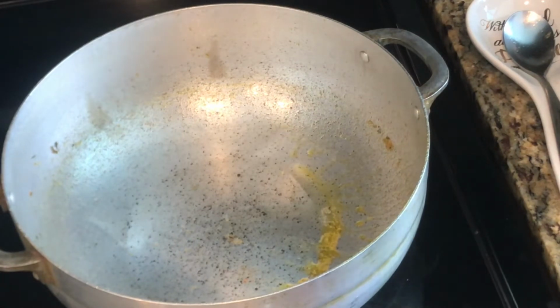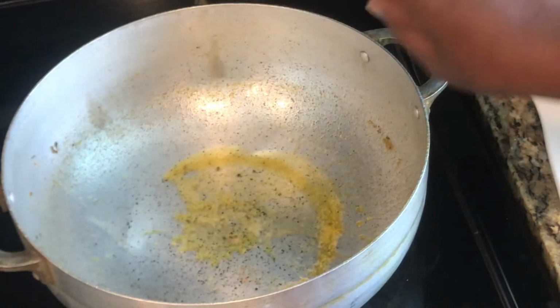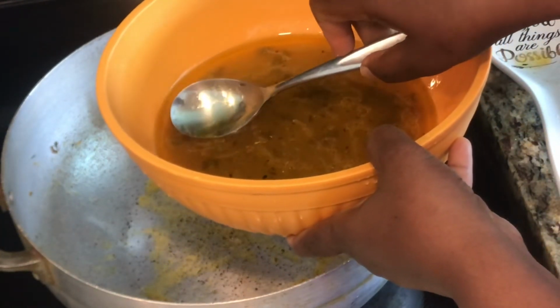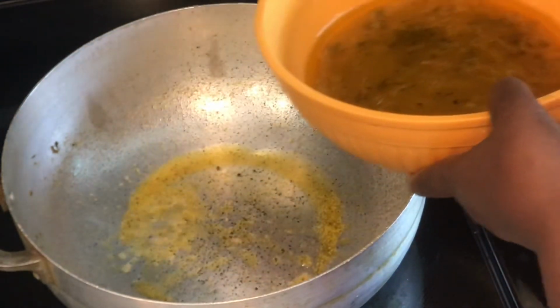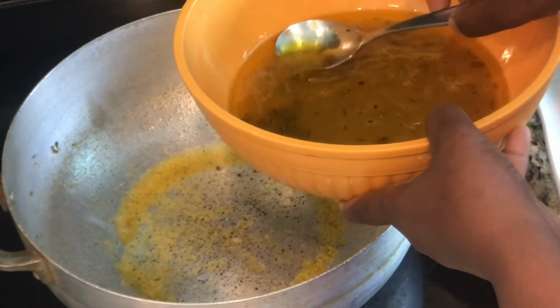We already know that the cow foot renders a lot of oil, so I'm gonna take some of the cow foot oil, and what I'm doing is just skimming it because I don't want to add too much more oil. See, I'm skimming it from the top, removing some of the oil,